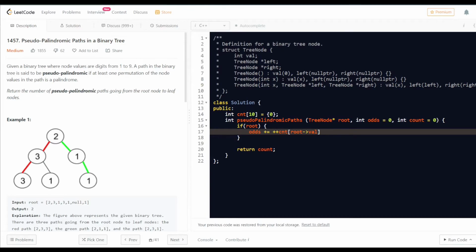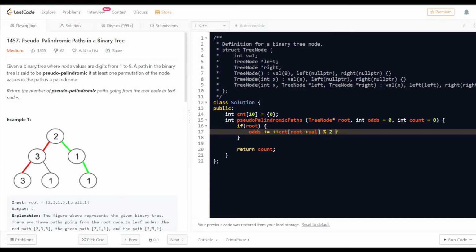I hope that makes sense. So if I increment the value in my count array, and then if that's divisible by 2, then what I need to do here is,